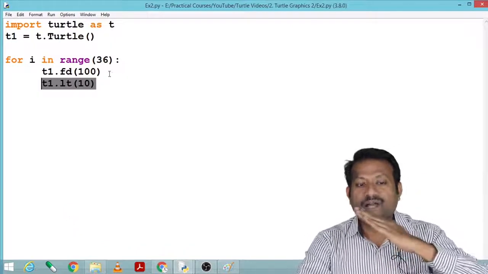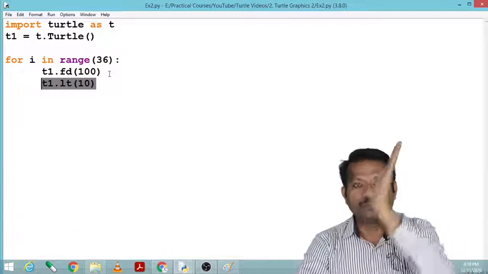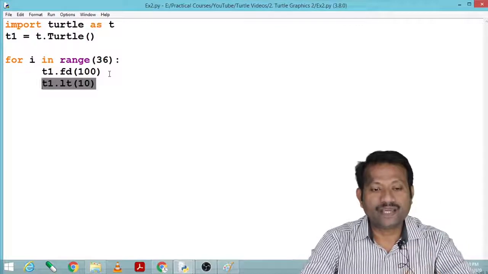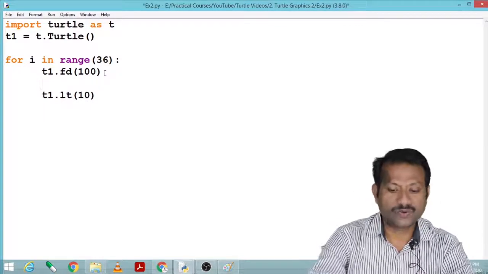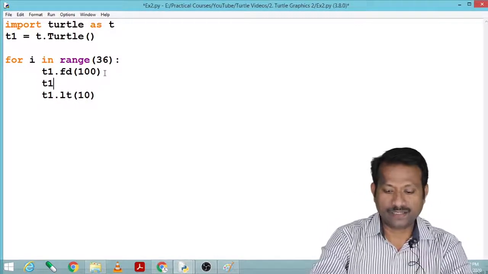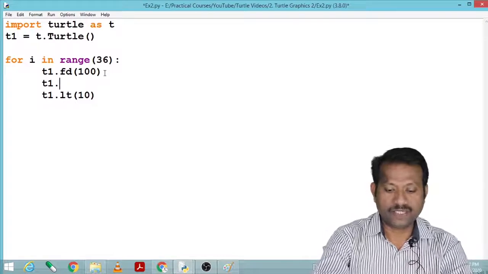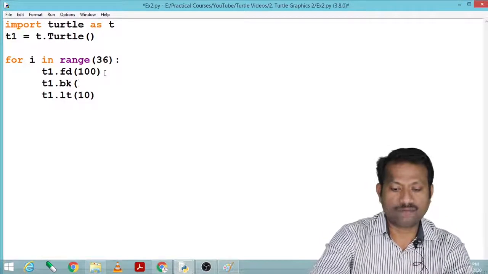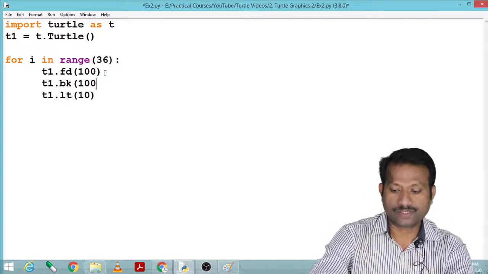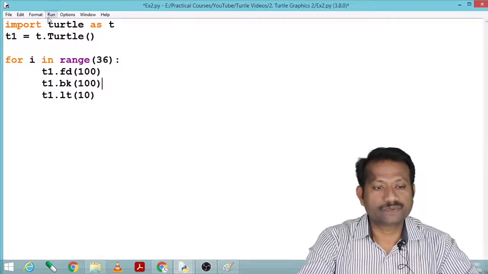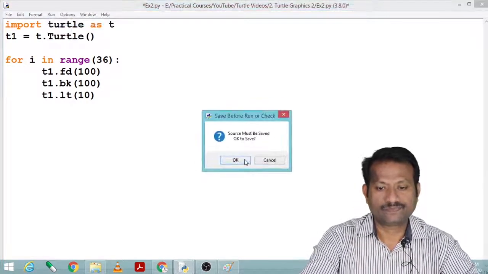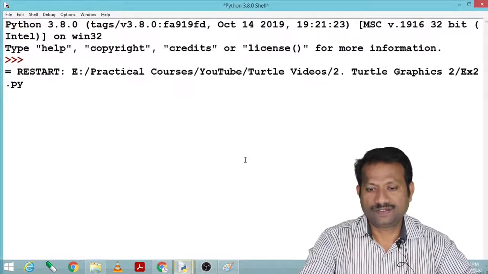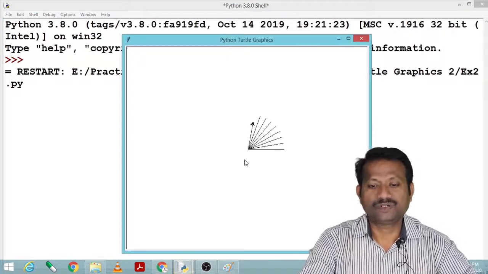Now if I would like to get this kind of output, then it has to come back to the same point. So here I have to use another command, that is t1 bk, that is backward by again 100 points. So let me run this program and see the output.